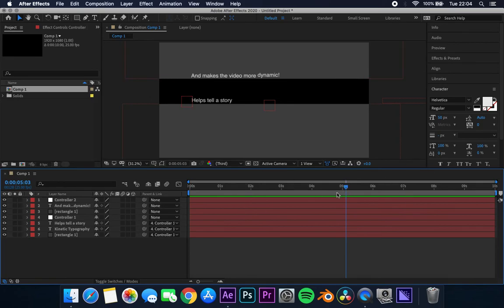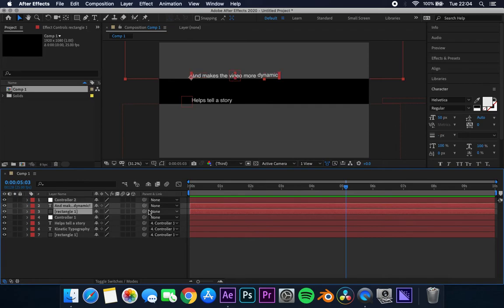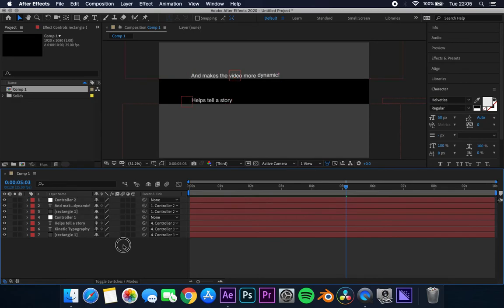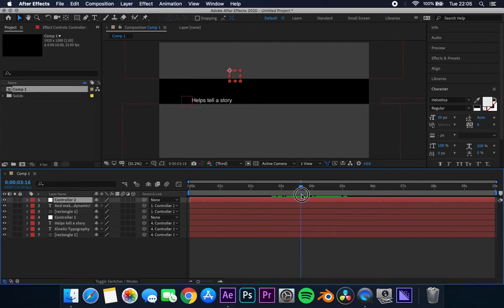So I'm being mindful to keep my cursor there because that's the timing. With our controller 2, I'm just going to grab this and move it up here in center of these two areas. And we need to dynamically link, parent those two layers to controller 2. So now we can start to think of pacing. It helps tell a story. It stops there, and as the first character smacks down there,